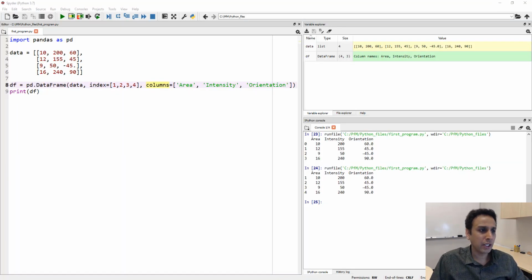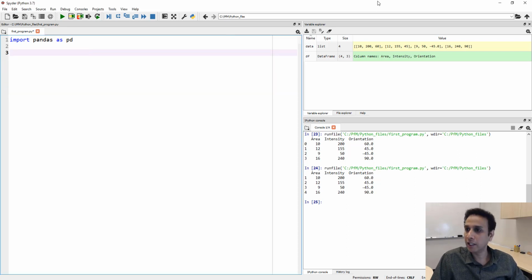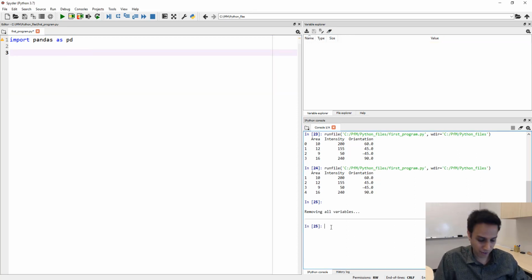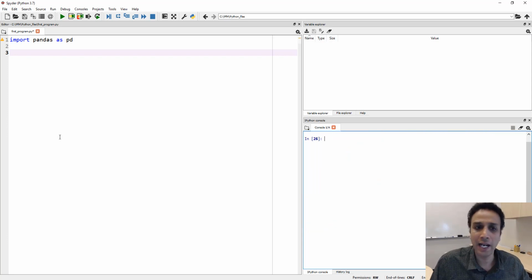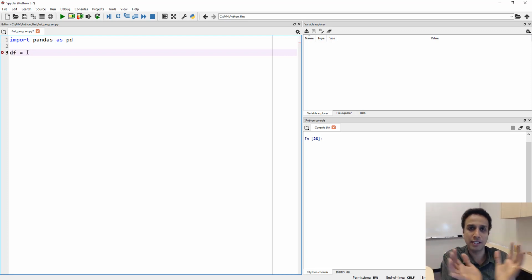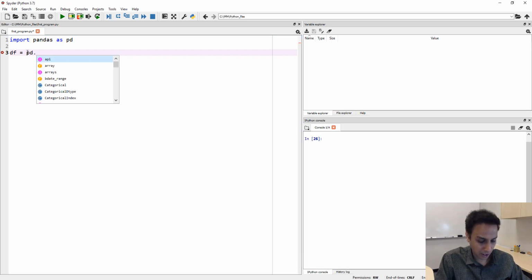Okay, so now that we understand this, let me delete everything. Let me clear the variables. Let me clear the screen and start from scratch. So let's start by importing this. My data frame is equal to, again, the data frame is the structure that it's putting this data into. My data frame equals